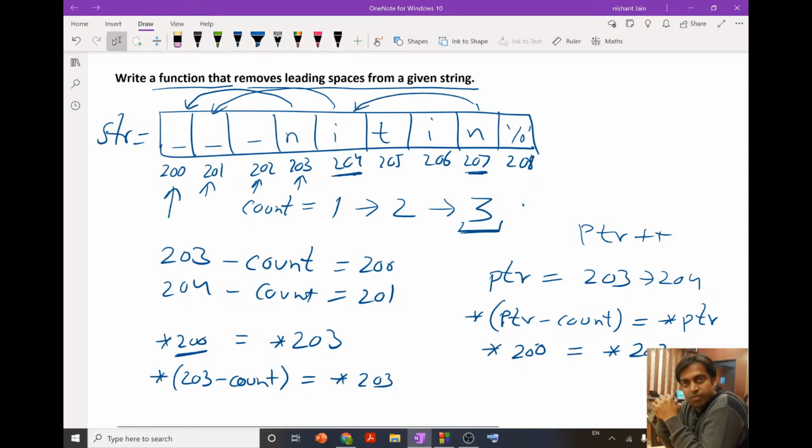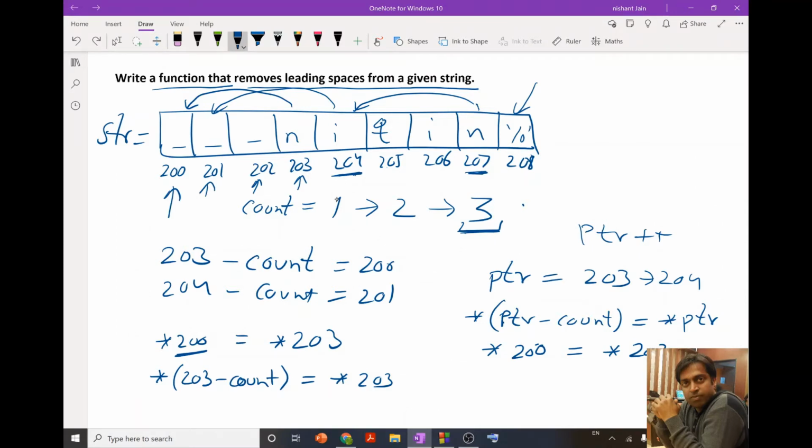After that, when we get the null character, we will stop. But at 205 we need to put the null character, so that it indicates that 205 is the end of our string.